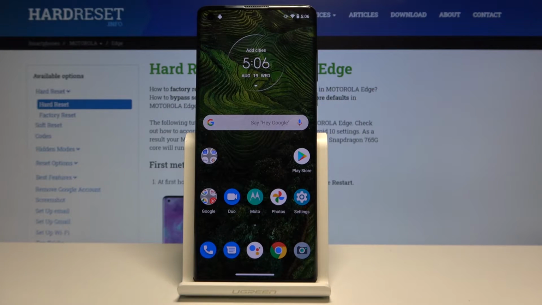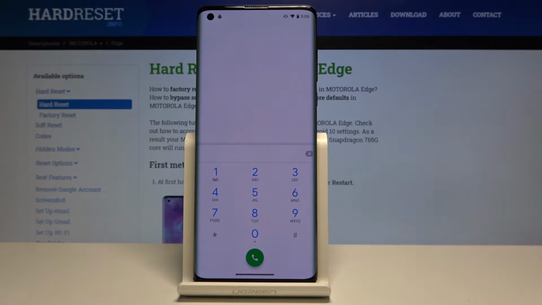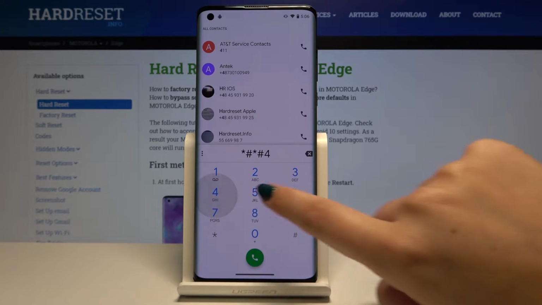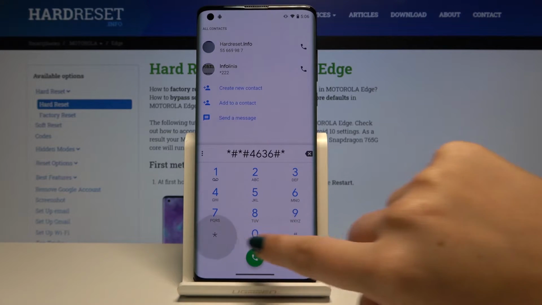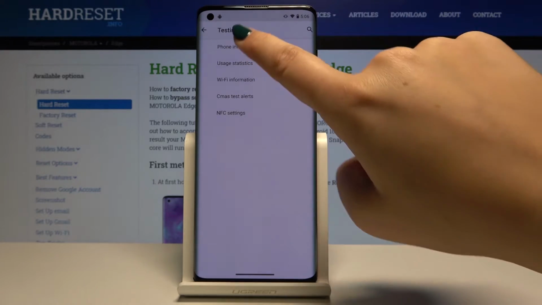Hi everyone, here we've got Motorola Edge, and let me show you all secret codes which will work on this device. So first of all, let's open the dialer and let's type the first code. It will be *#*#4636#*#*. And as you can see, we are in a testing mode and we can check, for example, some